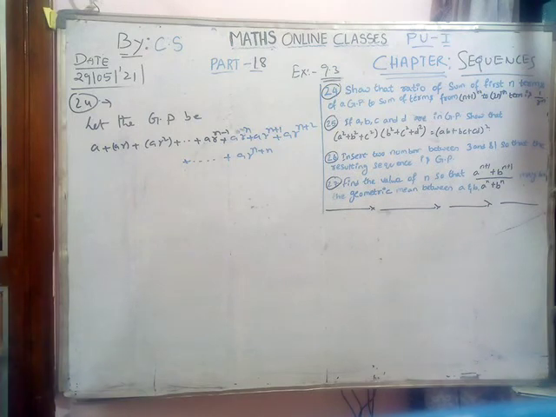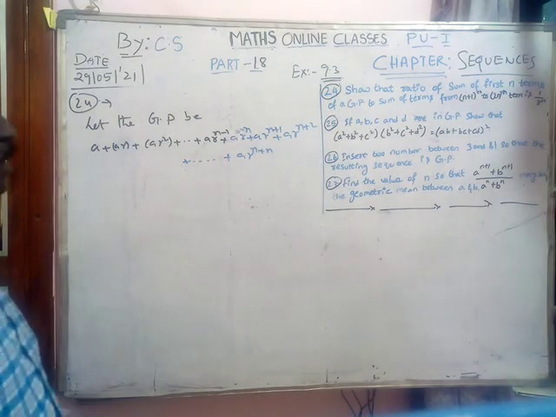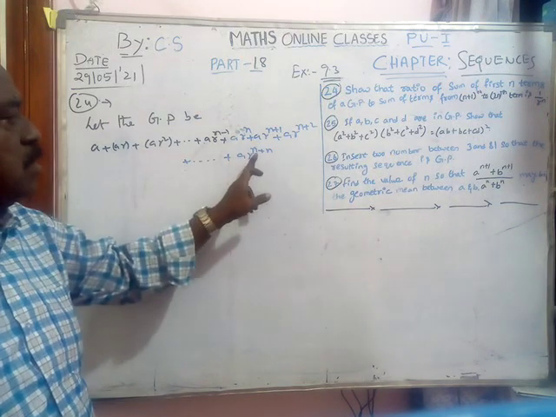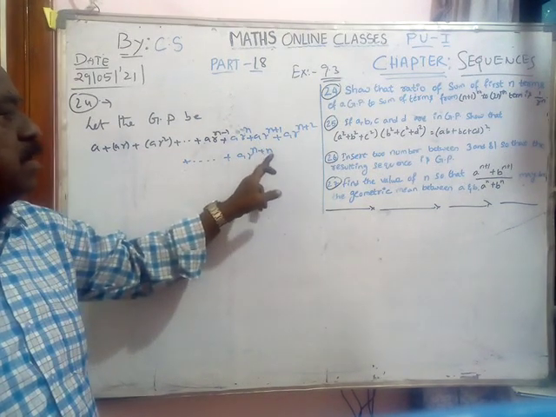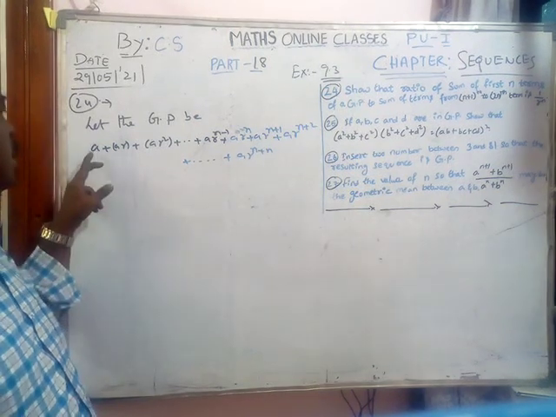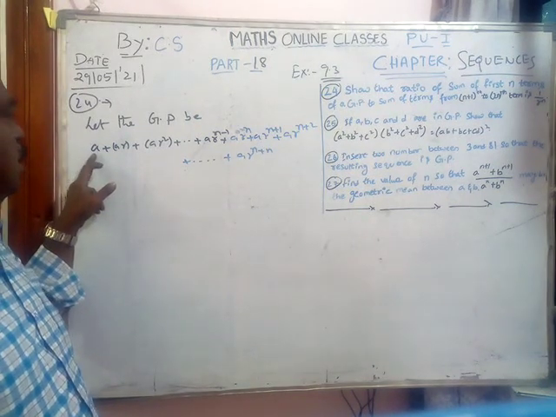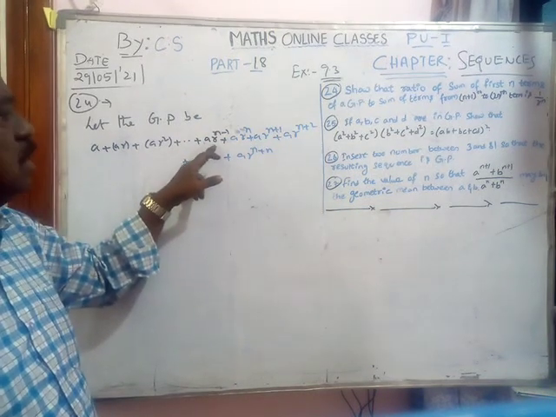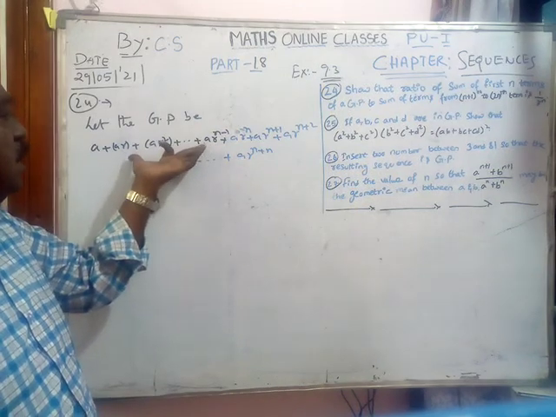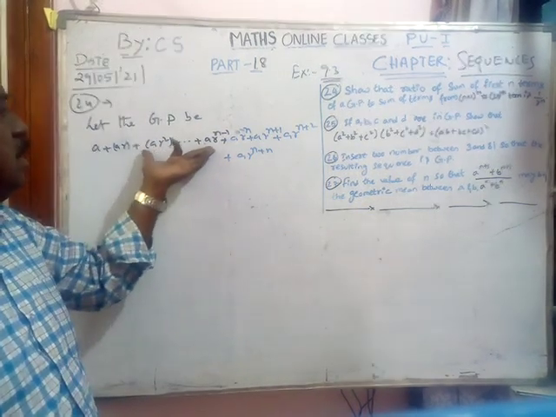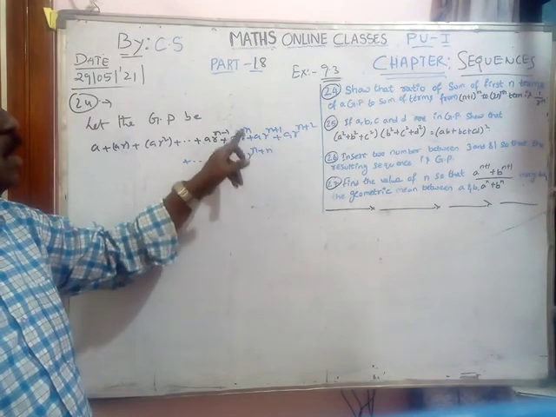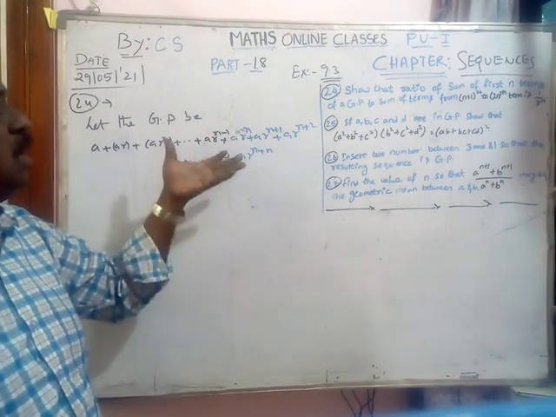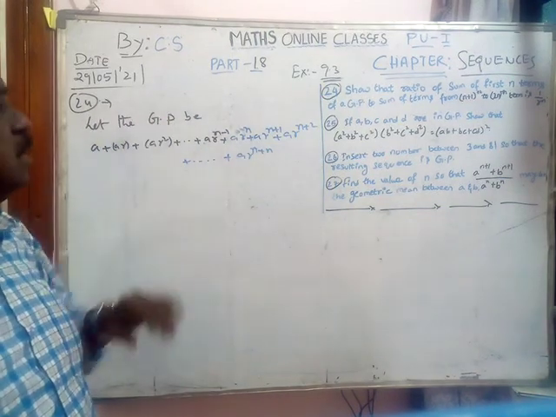I am considering one equation, one GP that is containing 2n terms. Here r power n plus n. 2n terms are there. You see, na? ar plus ar square plus up to this one only, ar power n minus 1 are n terms. From here to here, from n to 2n, there are another n terms. Totally there are 2n terms.